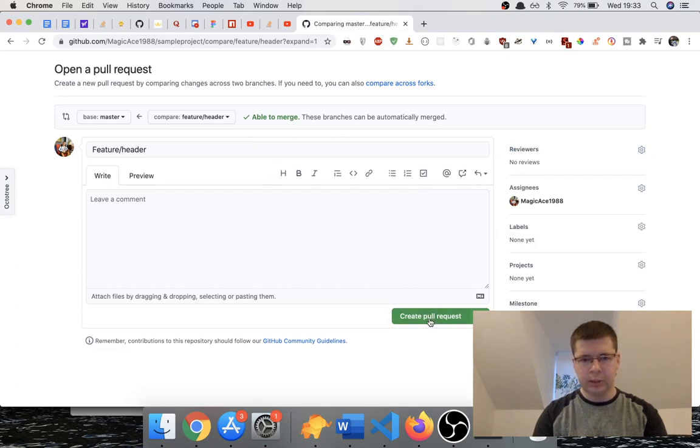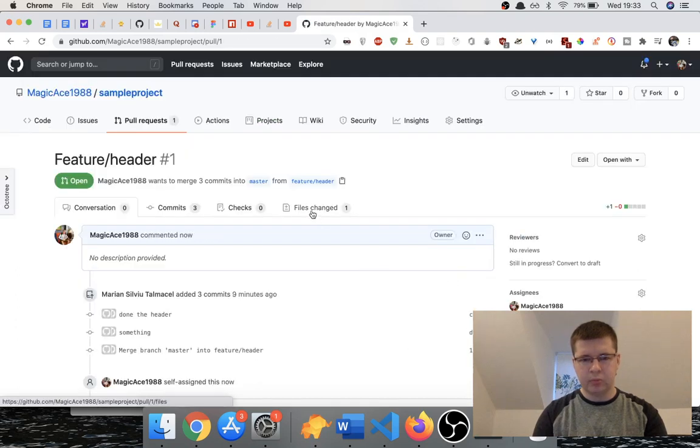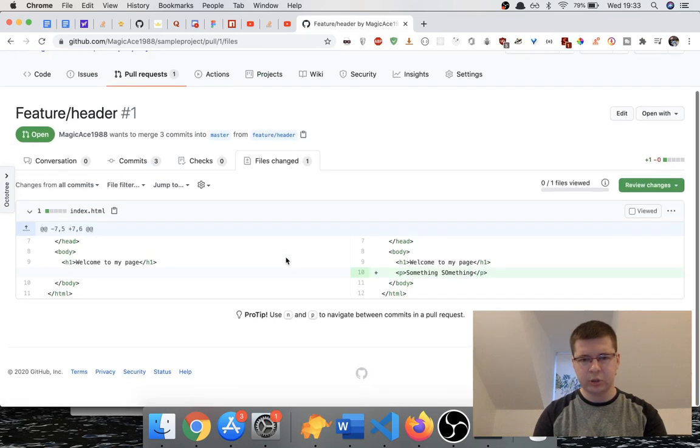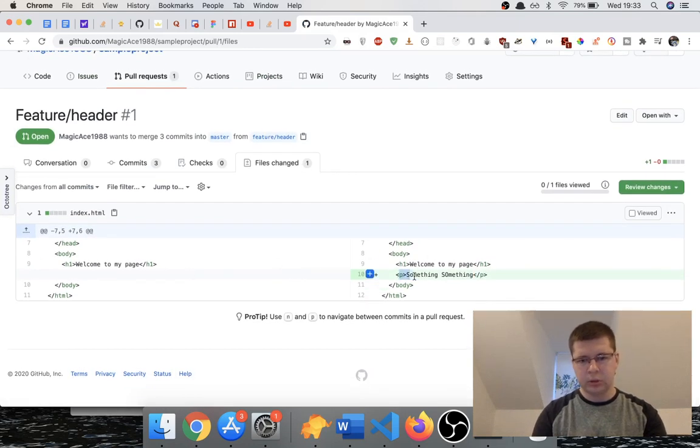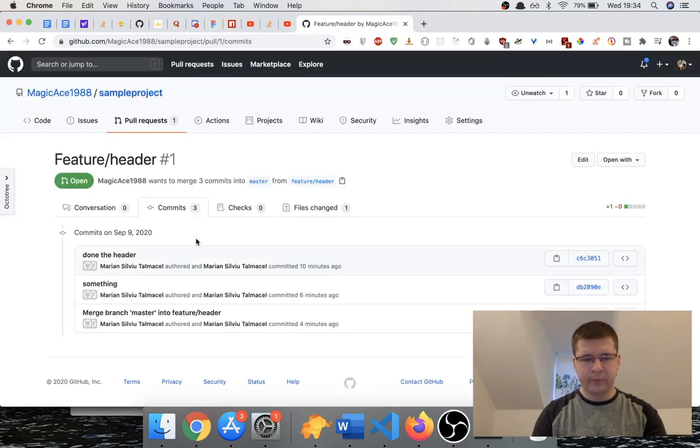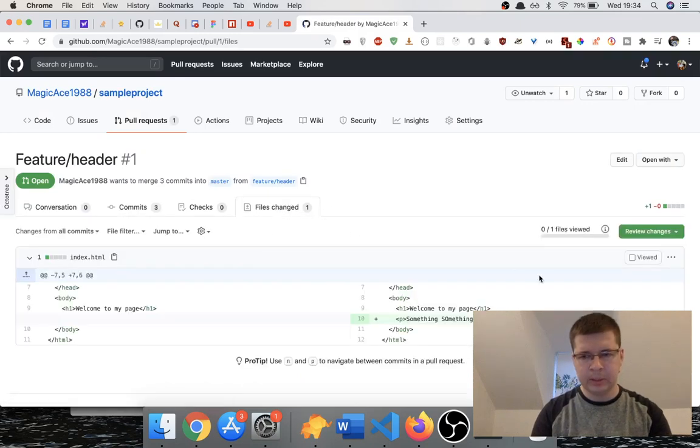So basically, when I'm creating a pull request, it will show me the files that have changed here, and it will also show the people that look at it. So you can see I have added this, right? And if you have given someone access, they can look at it and comment and maybe request changes. If they request changes, you will have to change your code and then ask again for a review. And once everything is done,